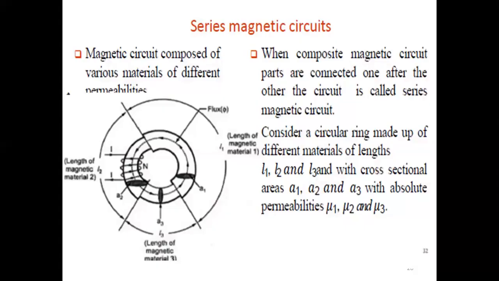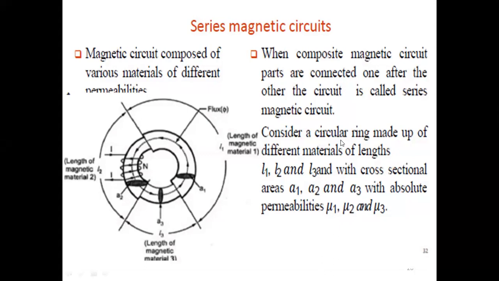We'll start the 2.2 chapter, the second subunit of that one. That is the magnetic circuit connections we are going to consider here. In the syllabus, they have mentioned magnetic circuit with air gap, series magnetic circuit with air gap, and leakage and fringing. That's it. They have given this in the second part of the second unit.